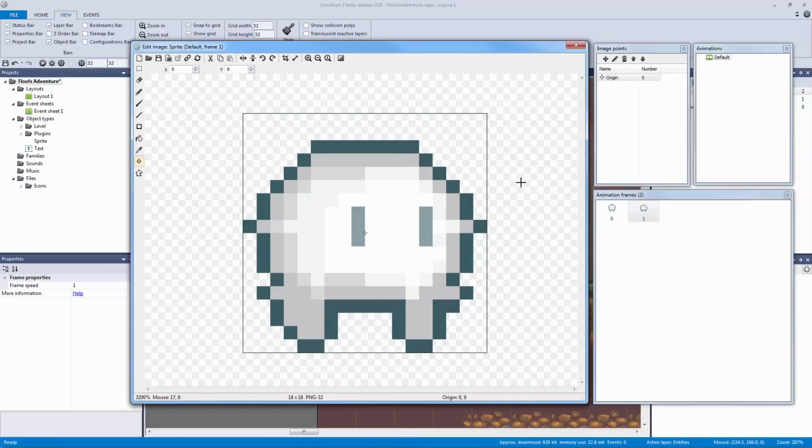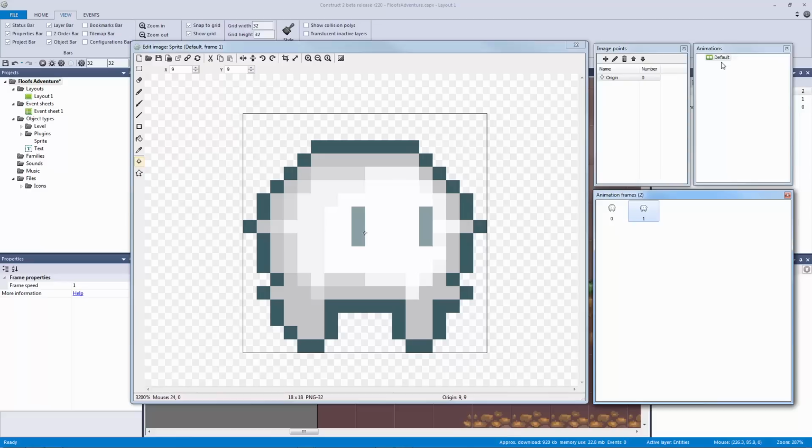So we're going to look at the origin point here, and we can do the same thing, apply to all animations, but we know that they're in the middle for both, and we're actually going to leave them in the middle. One of the things that you might do in a different game is put the origin point for the player at the bottom so it flips from the bottom, but we're going to leave this in the middle since all we're doing is jumping and walking and